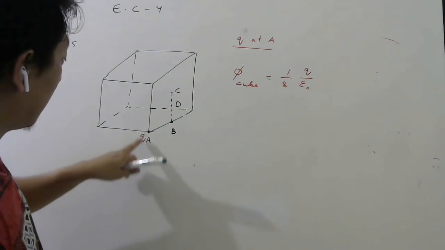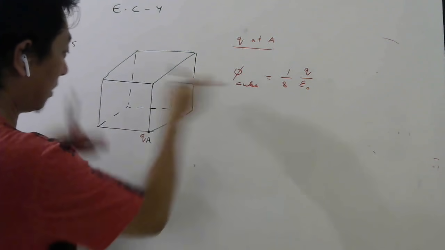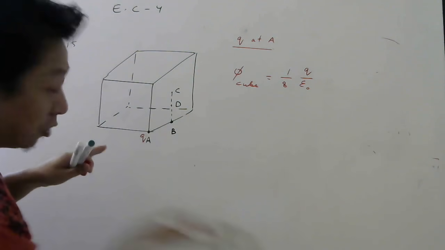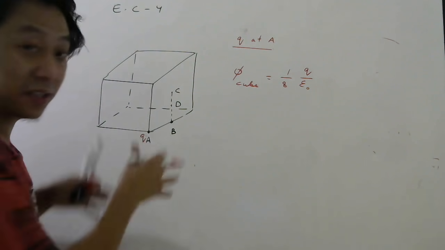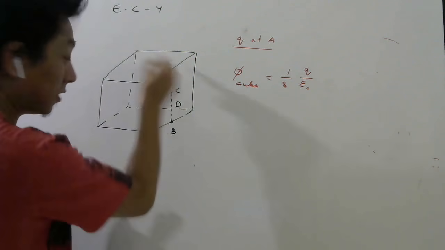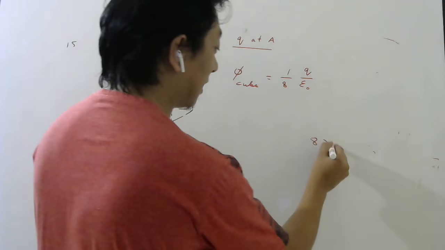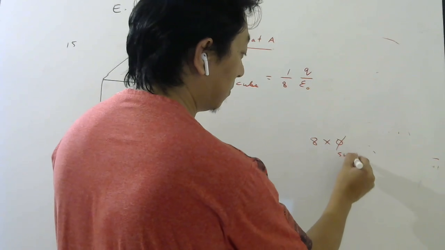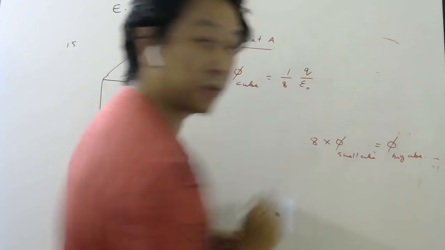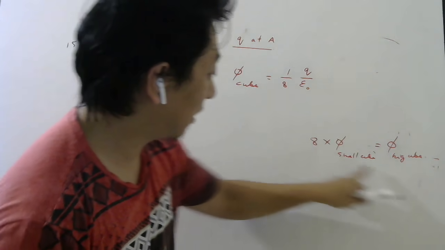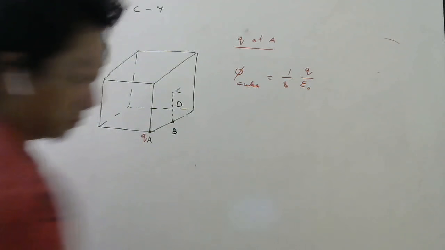So if the charge is at A, then it means it is at the corner. And already we have done yesterday. Put one cube here, one cube here, one cube here. So 4 cubes. Then below you put another 4 cubes. Then this will be at the center of that big cube. Since this is at the center, it means the flux through each small cube, which is the question, will be same. So since it is same, I can write 8 times flux through one small cube will be equal to flux through the big cube. Yes or no? Then to find flux through small cube, you write this 8 here, 1 by 8. Understood? No? Okay. So this part was easy. This we have done already.